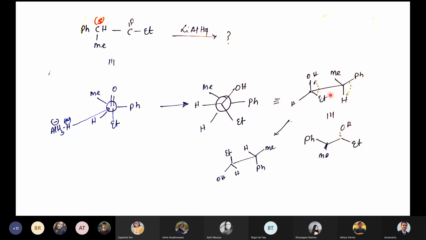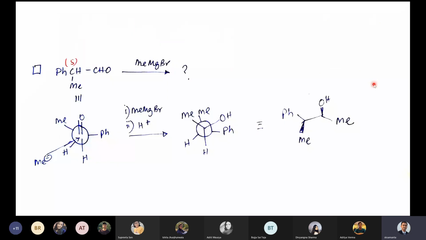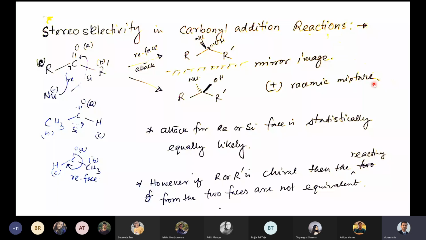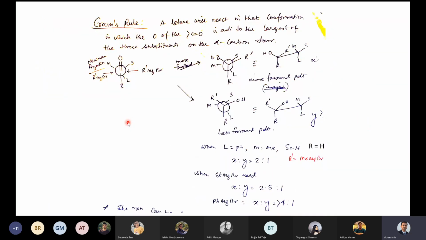It's very simple. Okay, so I will give a quick recap of today's class because we have the Sunday exam. So I think you understood Re face and Si face. That is not a very difficult thing. And then what we said, if we have a stereogenic center adjacent to the prochiral center, then the discrimination between Re face and Si face will be different. So then we have two different models.